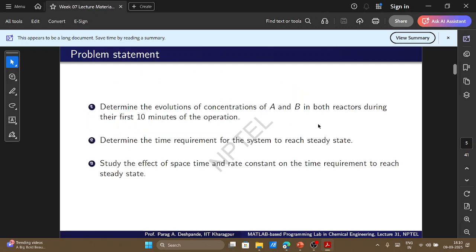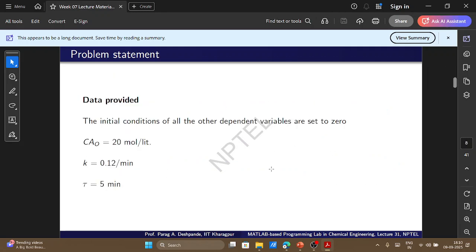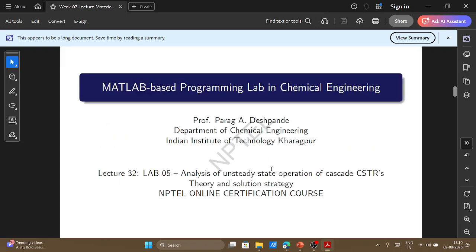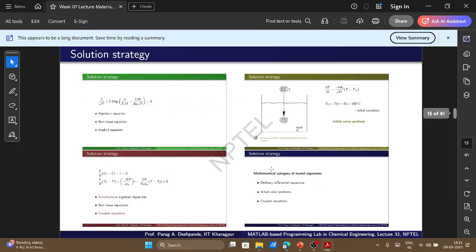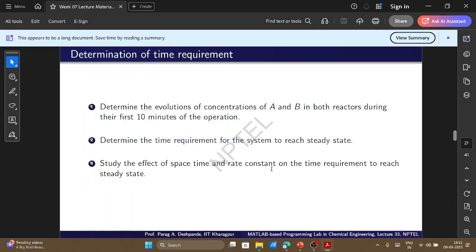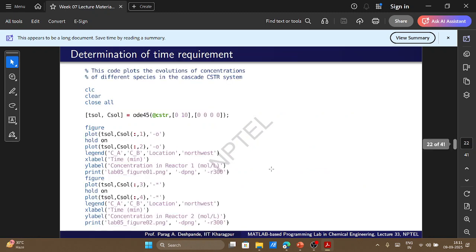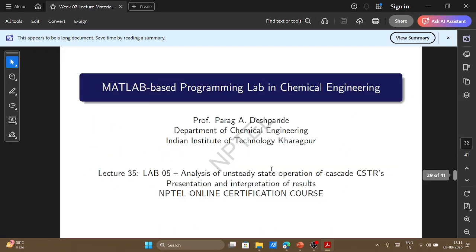The concentration of A and B in both reactors with time. Since these are ordinary differential equations with an initial value problem, you relied on ODE45 or other such solvers to solve these equations simultaneously and find out the profile, right? That was the basic idea behind the week 7 content taught by the professor, and at the end you did some sensitivity